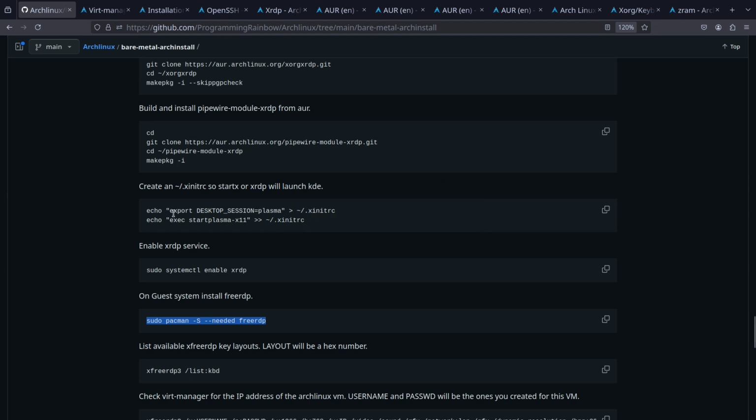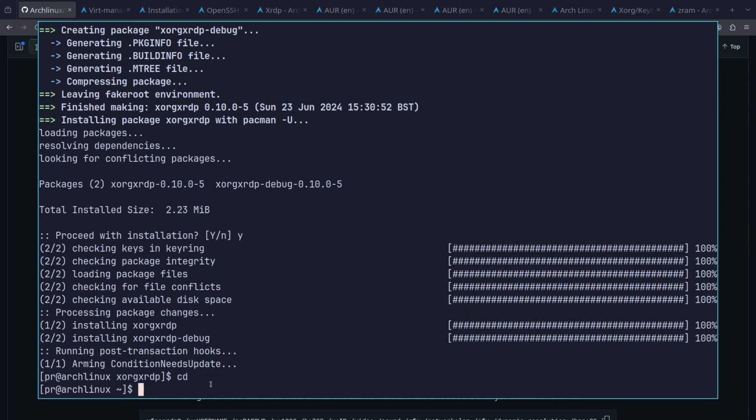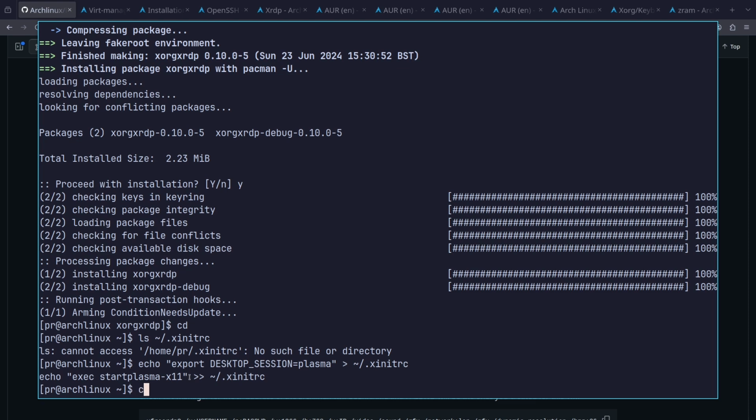Okay, sorry about that. So we are going to make this file right here. I'm just going to copy these two lines. I'm just going to get into my home folder, because sometimes I forget and I run a command inside of a folder. So I'm just going to show you that this file does not exist. So we'll do an ls, and the tilde slash just means my home directory, and it's a hidden file, so it's .xinitrc, and it doesn't exist right now. So we're going to make it exist,